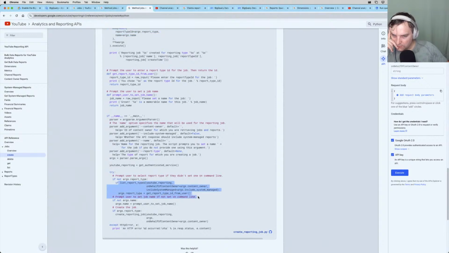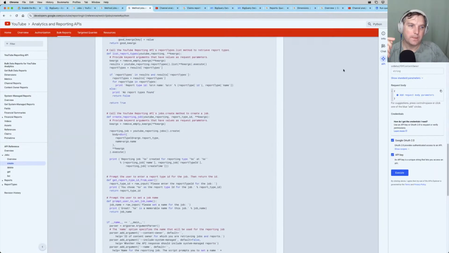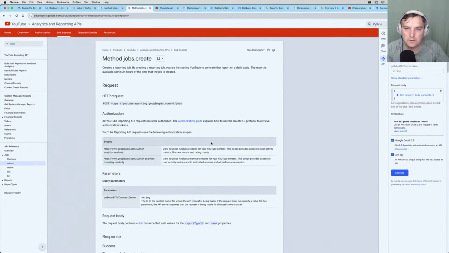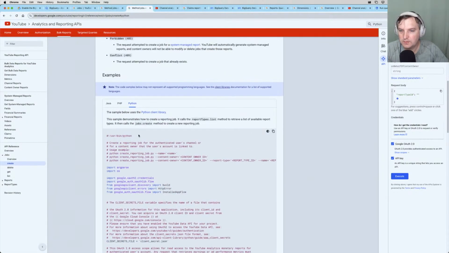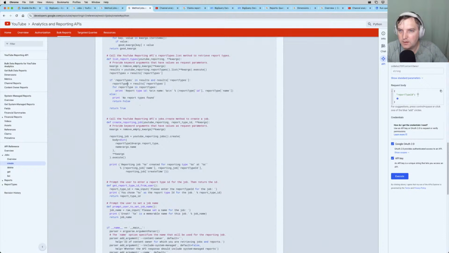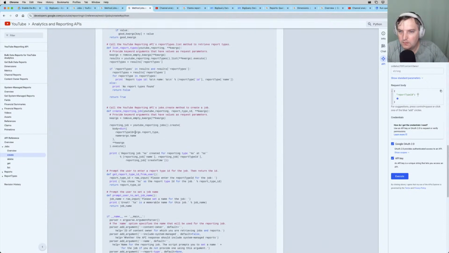List types, create reporting job, then outer, and that's it. So okay, so that seems to look easy, right? So I just need to provide reporting type. Oops. This is what was shown, presented in the example, right? So I just need to provide reporting type for the reporting type ID,